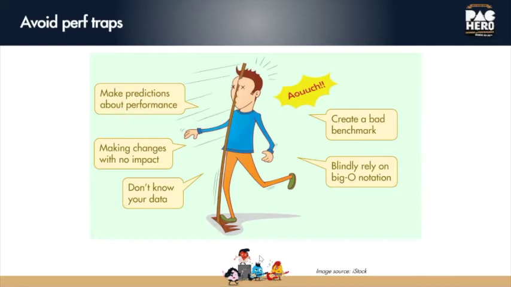Do not blindly rely on big O notation, right? The example here is that insertion sort actually outperforms quick sort on small arrays, right? So in some cases, you shouldn't just go with whatever algorithm is known to be the best in terms of algorithmic complexity, right? You should not discard the hardware effects, right?